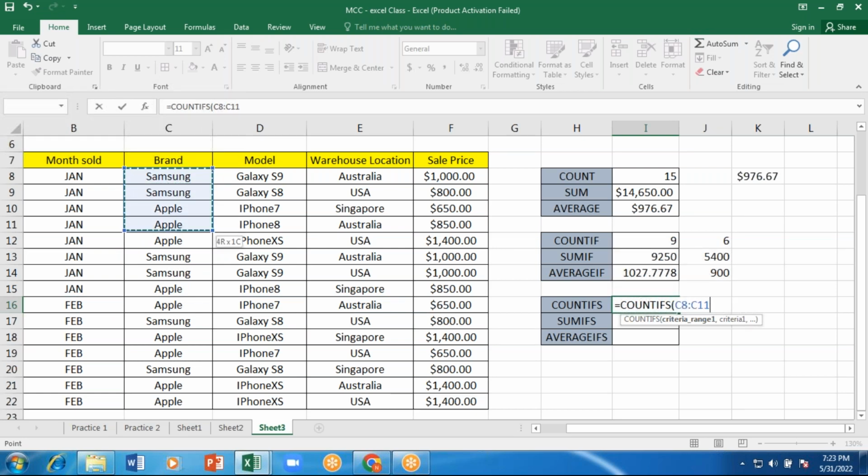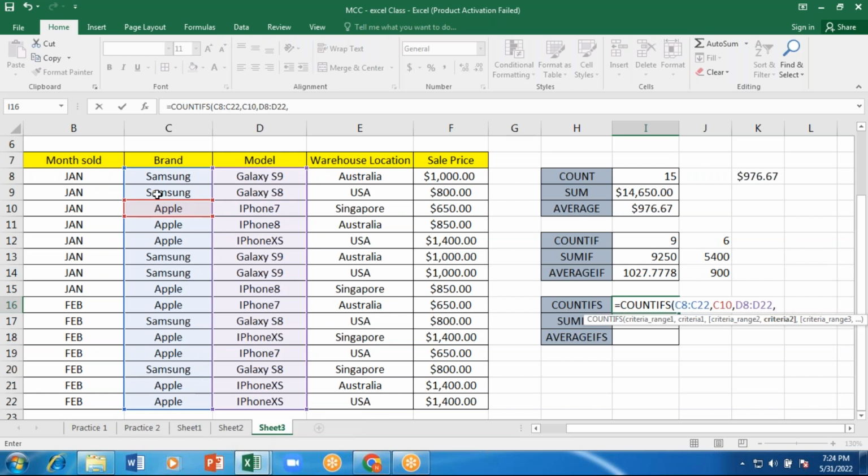So from this range, comma, what I'm looking for is the criteria Apple. So we will just go for Apple first. Okay, comma. What is my second condition? In these Apple phones, I'll select the second condition from this list,